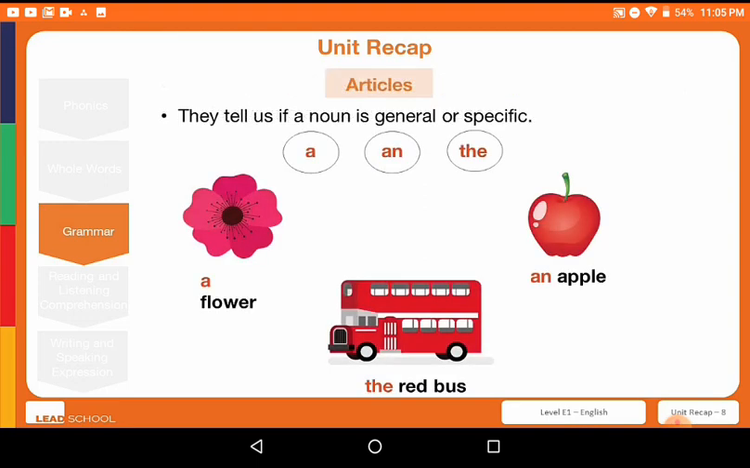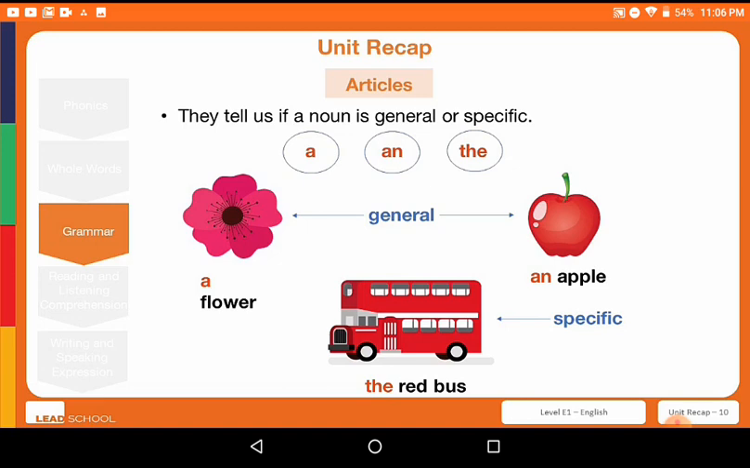An article is a word we use to tell whether a noun is being spoken of in general or specifically. When we use a or an, we mean the object in general. Like here, it is any flower or any apple. When we use the, we mean a particular or a specific object. So when we say, I went to school in the red bus, I mean a particular bus, but not just